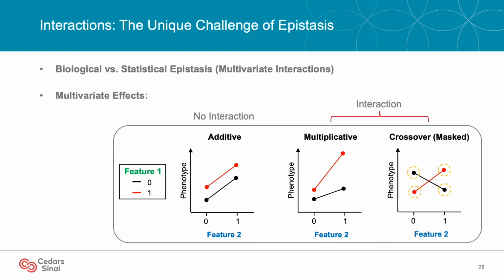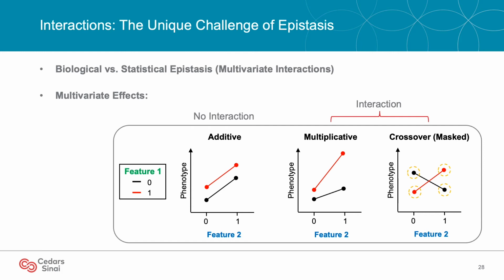So here, if we look just at the effect of feature 1 in green, so that's just looking at the difference between the black line and the red line, we see that just feature 1 has an impact on phenotype, which is the y-axis. If we look just at feature 2, right, we also see it has its own independent impact on outcome. And together we can see they both additively combine to give you an increased effect on phenotype. So they both have their own independent effect. And this is the easiest for statistical methods and machine learning methods to detect.